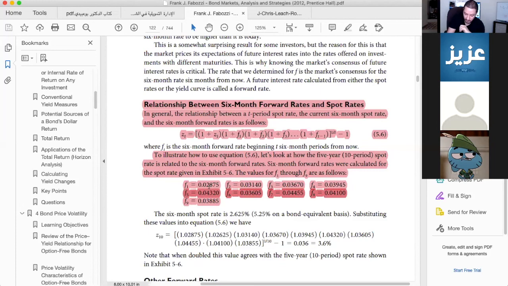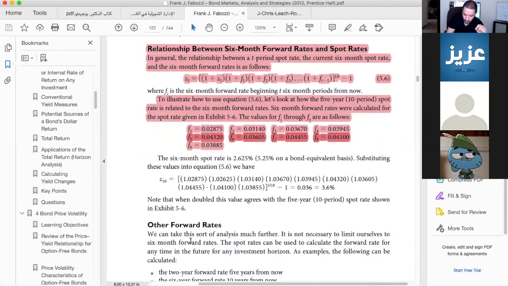These are the values from the next 6 months until the 4.5 years. The 6-month spot rate is 2.625%, which is the 6-month spot rate that we are observing today at T0 for the next 6 months. So substituting these values into equation 5.6, we have